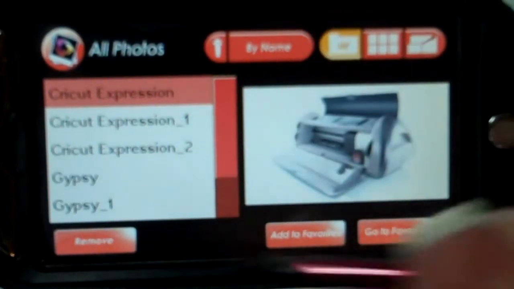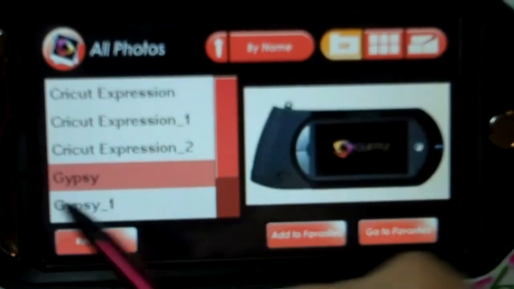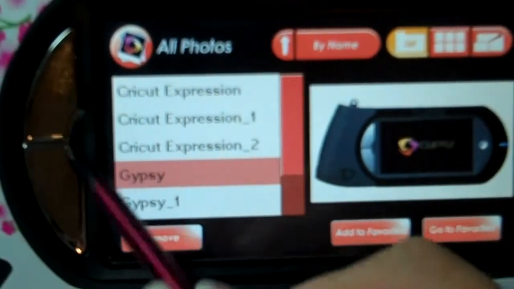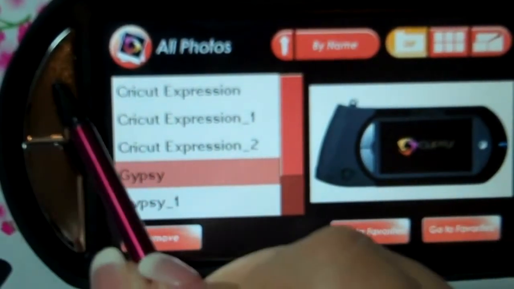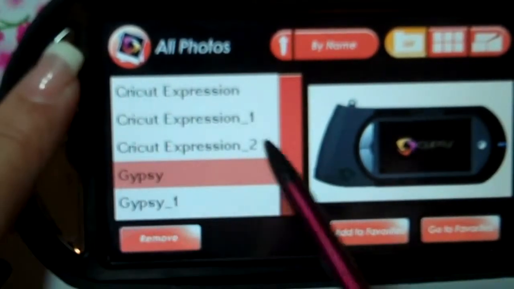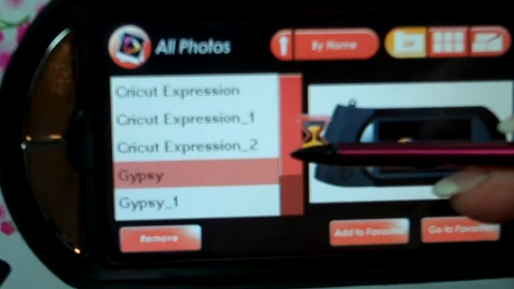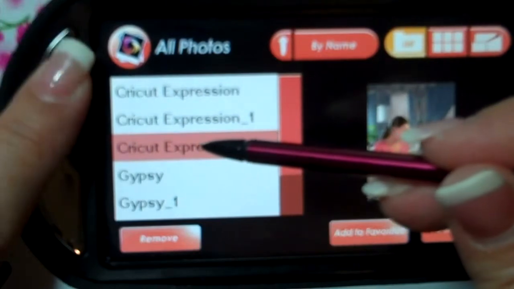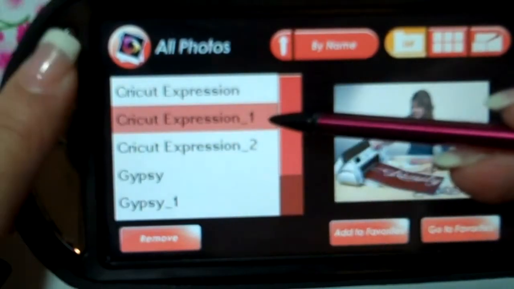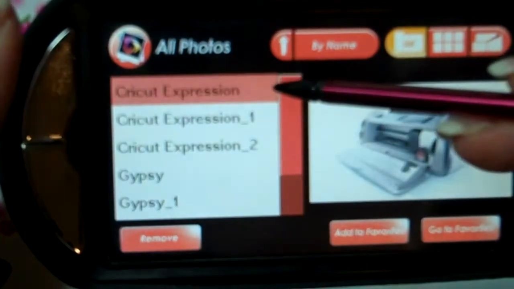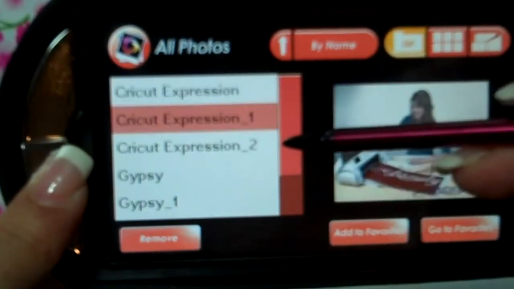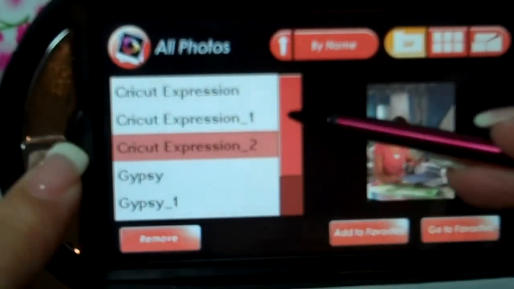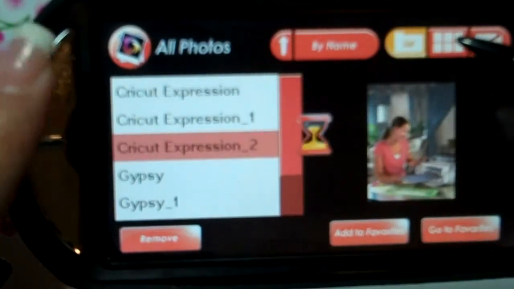Although, let me tap right here on this Gypsy file, and it'll bring up the picture of the Gypsy. And right here on the left side of your Gypsy, there are two silver buttons, one on top, one on bottom. If you tap on the one on the top, it'll bring you one step back, like from Gypsy to the one above it. And if I keep tapping, it'll keep going one step back. And the same thing, when you tap your bottom button, it brings it down. Instead of scrolling like this with your stylus, you can use your button. Okay?